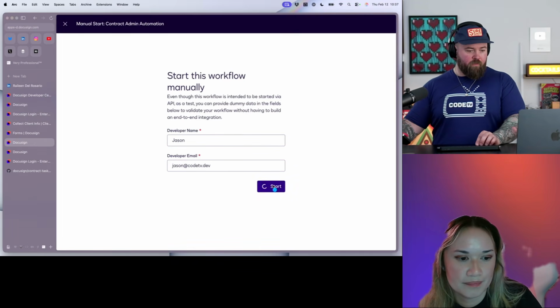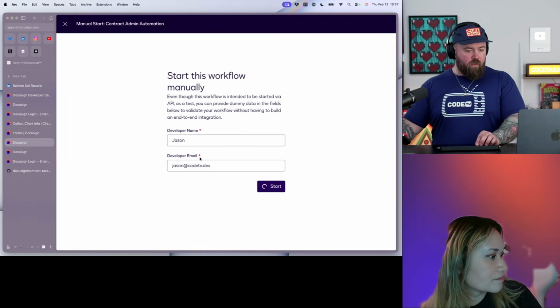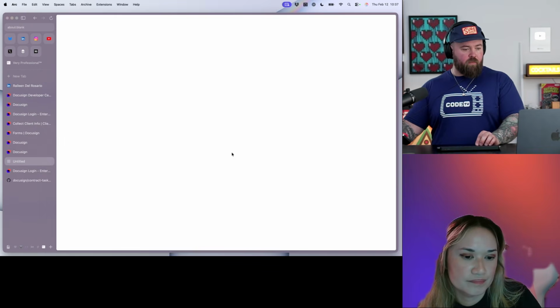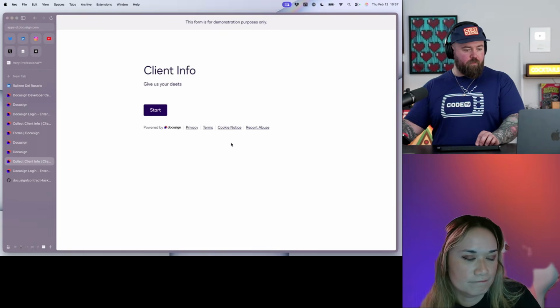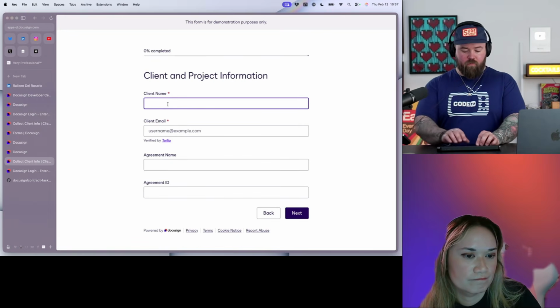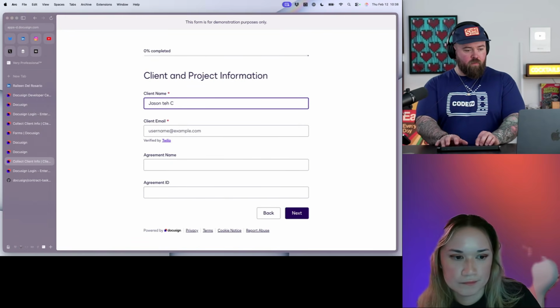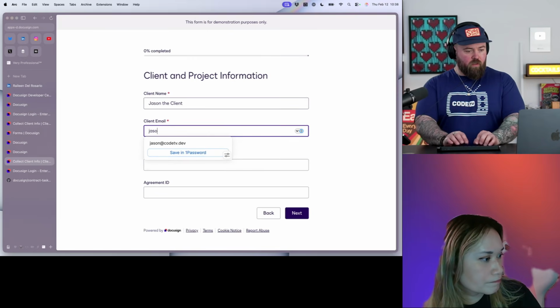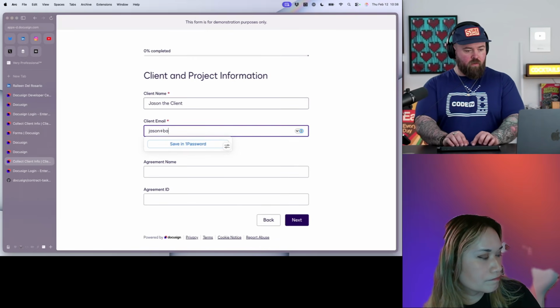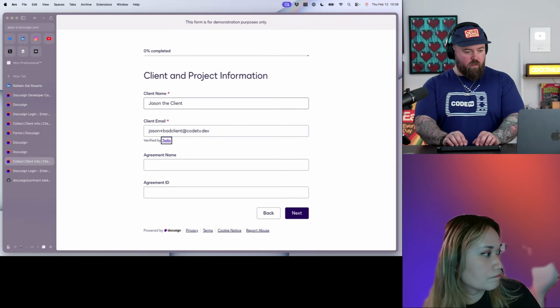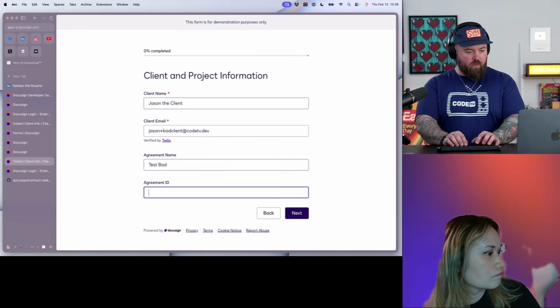Okay. And then we're going to get this started. So now I'm going to do the client part. And then this is going to be test bed.